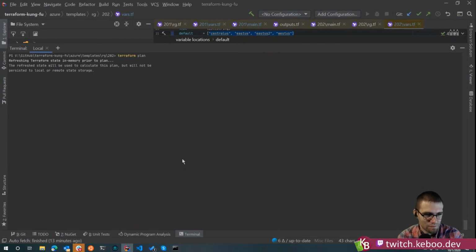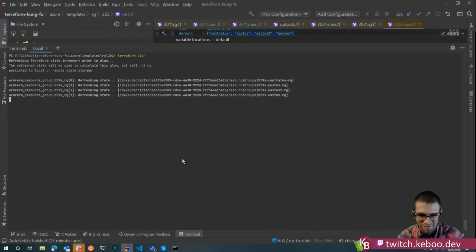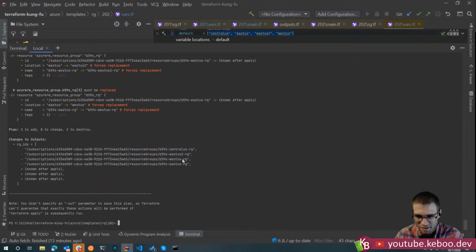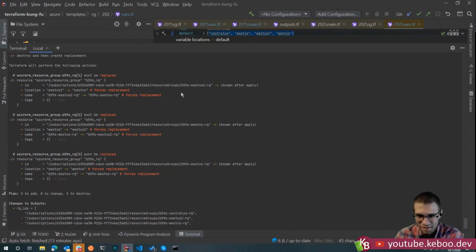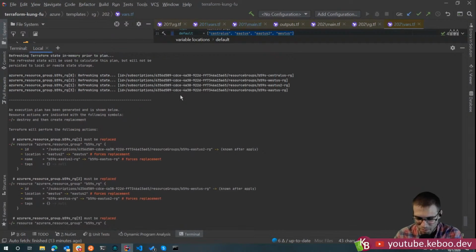We spent the entire time talking about resource groups, but I think that's okay because I know I learned a few things, and it also cemented what we did on this first block of code. I guess we'll have to come back to VNets, but that's okay. Wow, look at this! Holy smokes! Okay, so the big red scary force replacement.